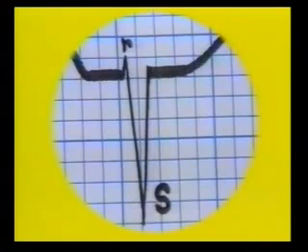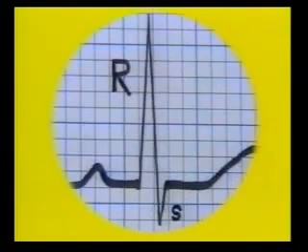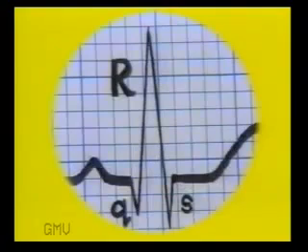Here we see a small R wave and a deep S wave, an RS pattern. This is a tall R wave and a deep S wave, another RS pattern. And this is a tall R wave and a small S wave, again an RS pattern. You must have noted by now that prominent waves are written in capital letters and small waves in small letters. This is an R pattern with no Q wave, no S wave. In this complex we see a small Q wave, a tall R wave and a small S wave, a QRS